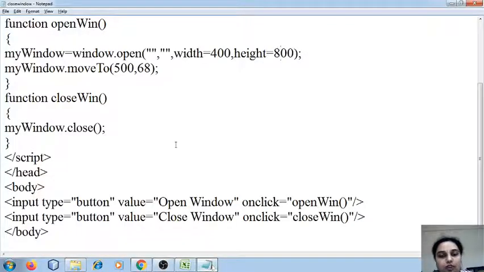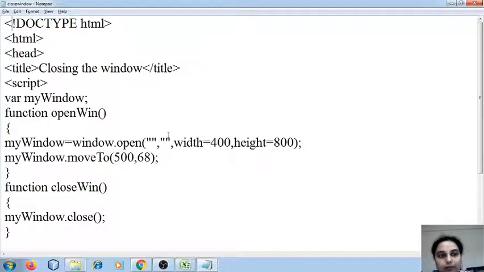Okay, so this is all about what all methods you are using in this program. First you have created a new window with the help of the open method of the window object. You have specified the height and width. The height and width can be according to your requirements. Alright, now if you want to open a specific window, you can do even that.